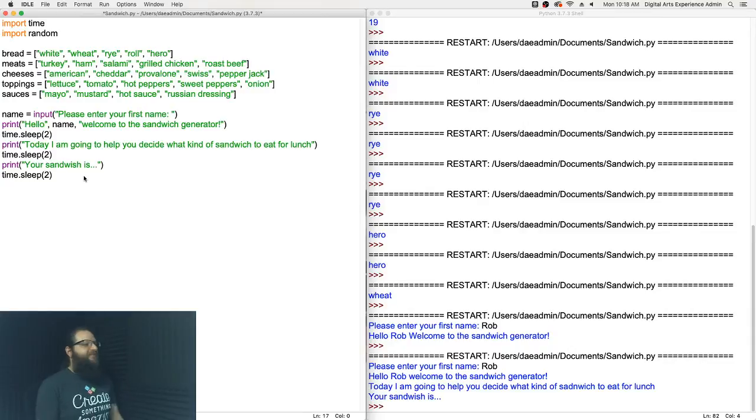And now we need to have it start to pull the random indexes or indices from our list. So let's do that. So we're going to print, and let's think about how we want to format this. I think I'd like the computer to say your sandwich is meat and cheese with topping and sauce on bread. So it will be